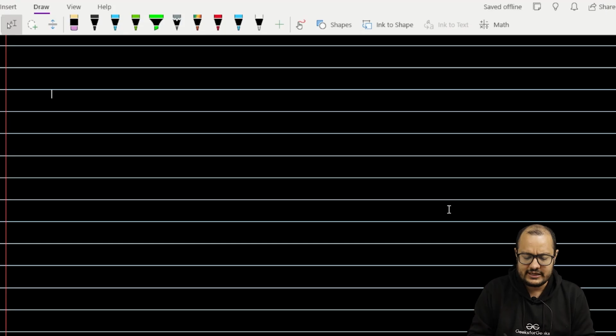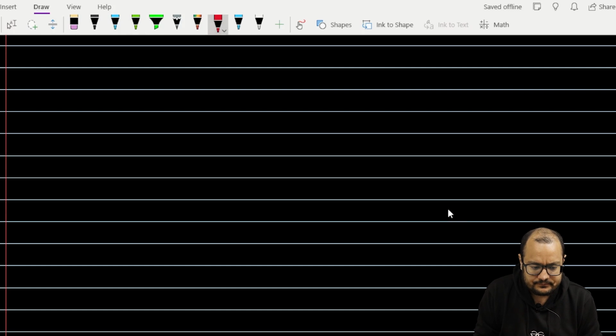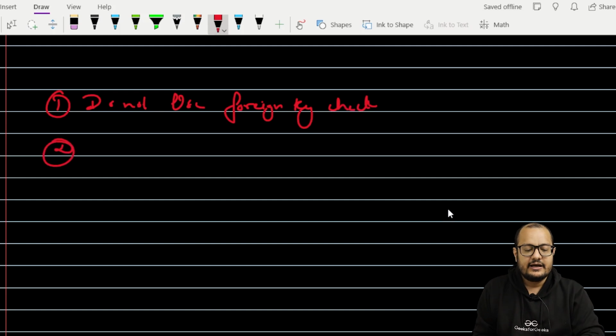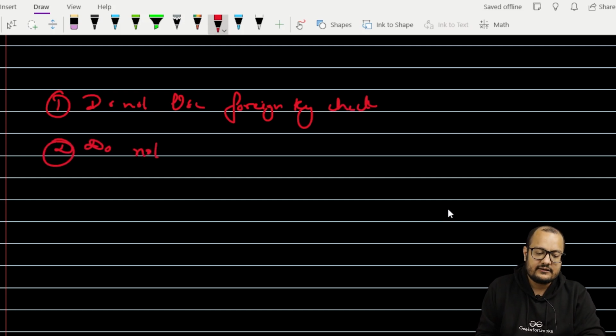But now, if we relax these constraints on the relational database, shouldn't they scale too? So what are these constraints? First, if we do not use foreign key checks; second, if we do not do cross sharding.